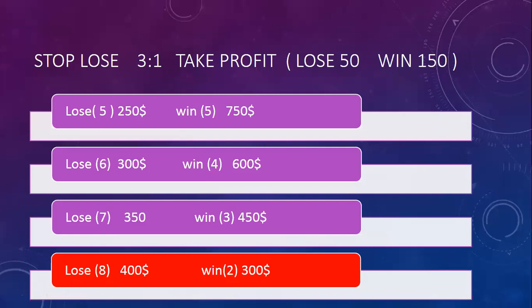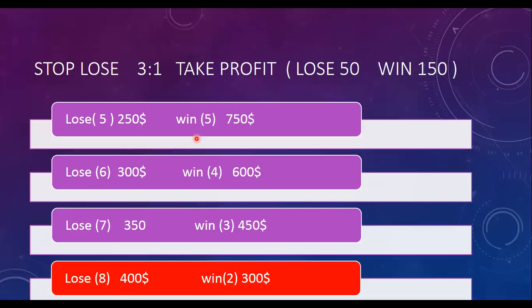Okay, good. So for example, here is an example for management for my money, and it's very easy. If I keep this, we say that stop loss is 3 to 1 from the take profit, yes? So for example, lose 50, win 150 in one trade, or winning 150 or losing 50. Let's say I go 10 trades. And in the first example here, from 10 trades,